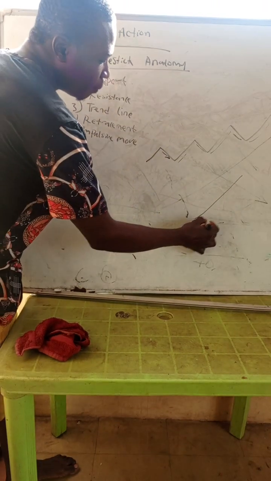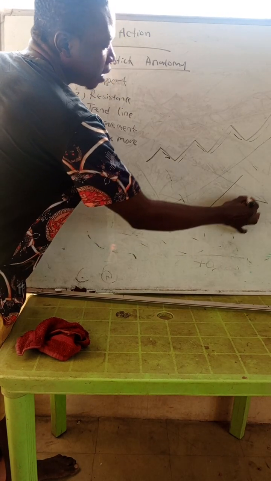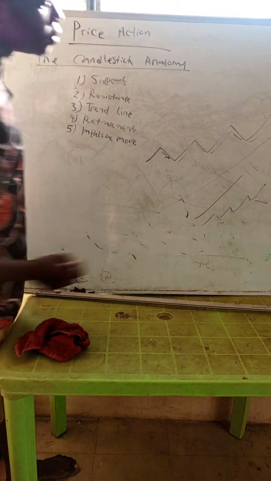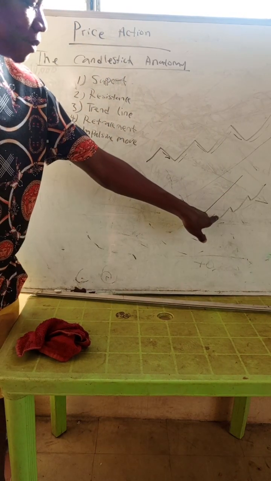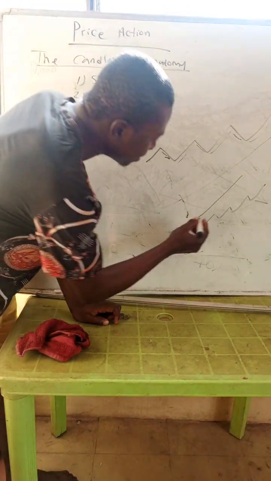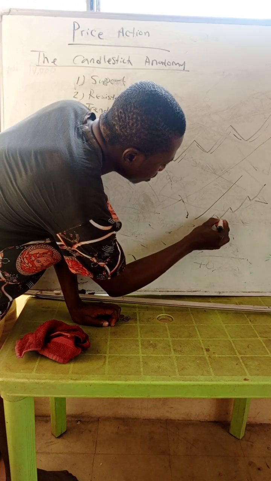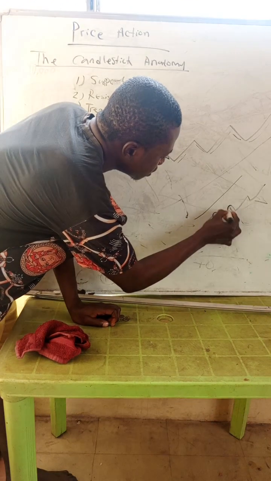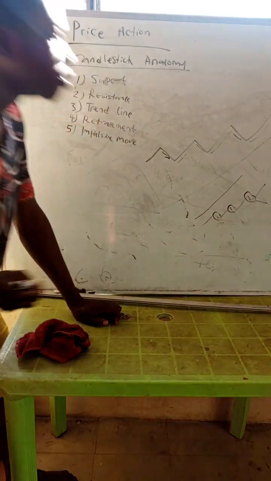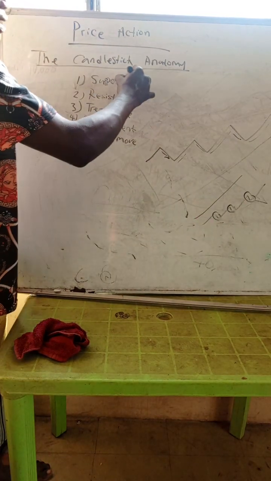That is, it will move up a little, then come down a little, then move up again, come down a little, up again. So all these points where the market came down a little are called the retracements. You can mark out the retracements. The retracements are these zones, these points. Let me circle it. So you can see my retracements. These are the retracements.